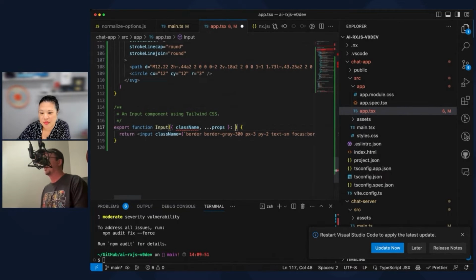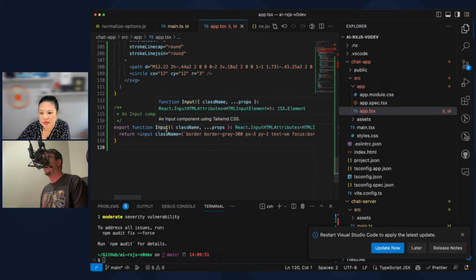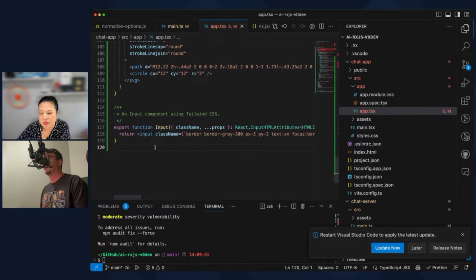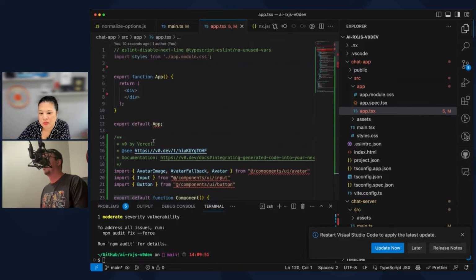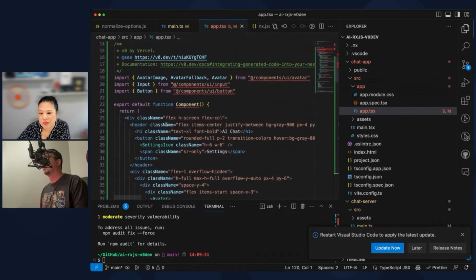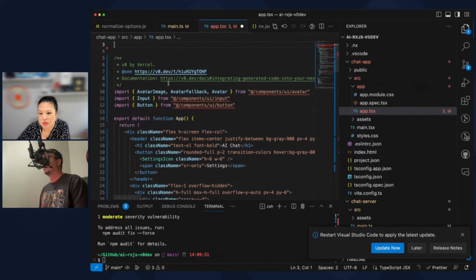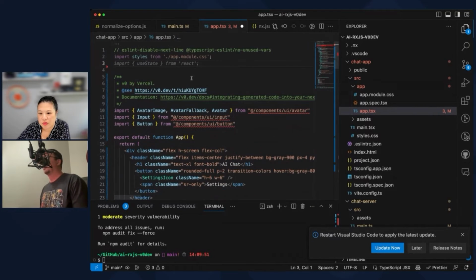We also need types for this, probably. Oh sure, so there we go. So we generated that. Seems awesome. I thought it would add class names. Okay, cool, thanks, Copilot. What else do we need? We need a button. So this is going to be called that, and we don't care about this one anymore. We also need a button.